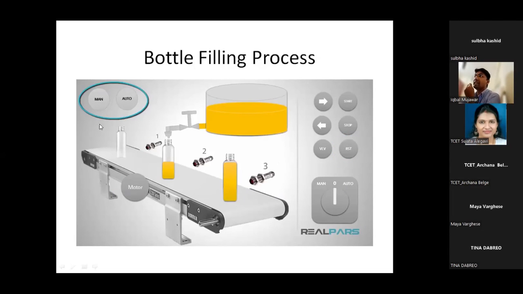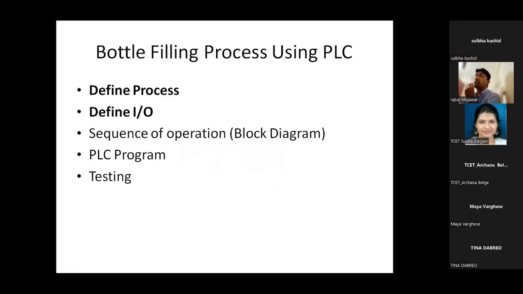And this light here, as I said, we will use to show whether it is in manual mode or auto mode. In manual mode, the manual light will glow. In auto mode, the auto LED will glow. Then this is the entire process and the input and output that we identified. Here I can say the first 2 steps are completed for this process. We defined the process, we identified how many input and output pins are required, and we understand the process also.